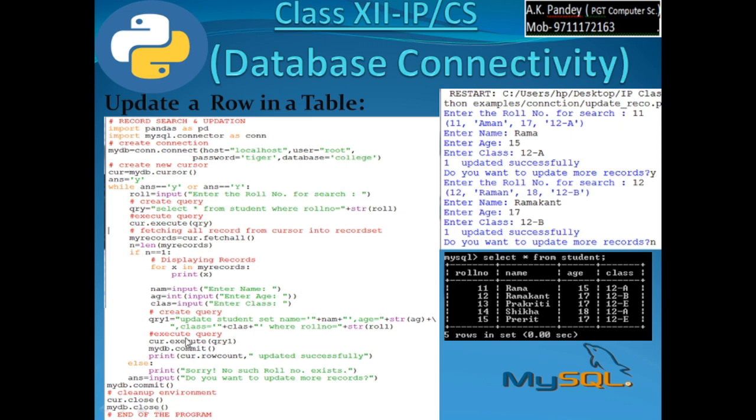So now cursor dot execute query QRY1. Once this command is found okay, you can execute.